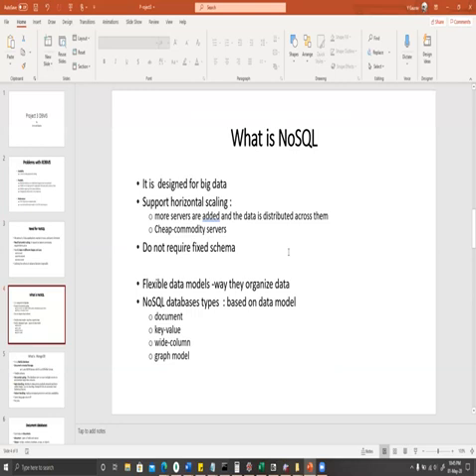They do not require a fixed schema like in relational databases, and they support flexible data models. Based on the data model, NoSQL has different database types. One of them is document based. Another is key value. And there are wide column and graph models also.